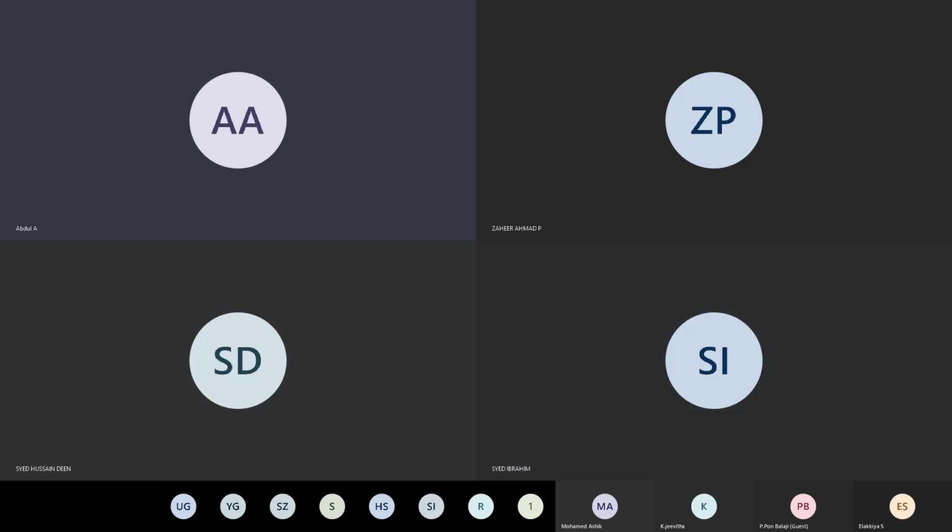If you want only red, you need to write a query: select star from products where color is equal to red. That's it. But if you want to get other colors as well, you need to add them.